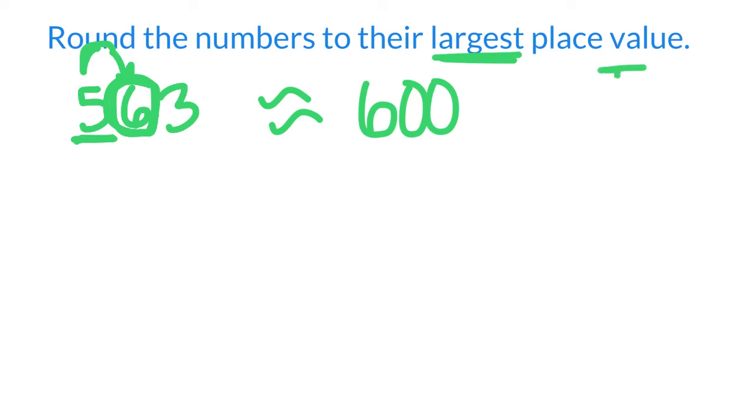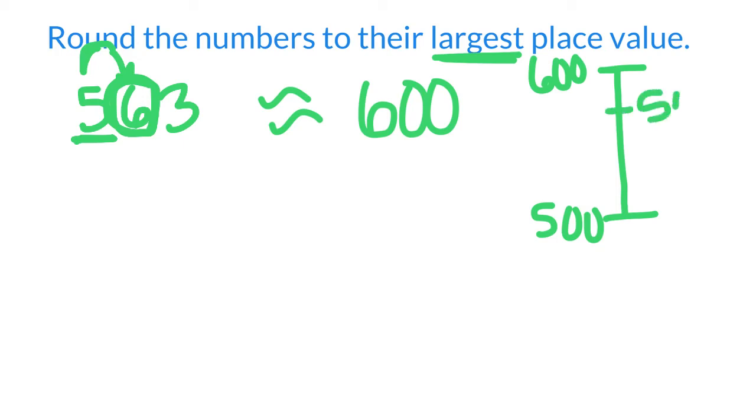And just to show a picture of that, our number line would look like this. 500 down there, 600 up top, 563 would be up here, which is definitely closer to 600. Let's get a bigger number. So what if we had a number in the thousands? What if we had